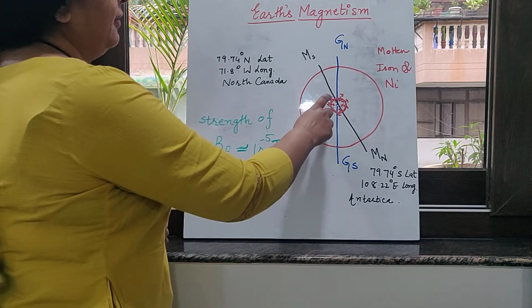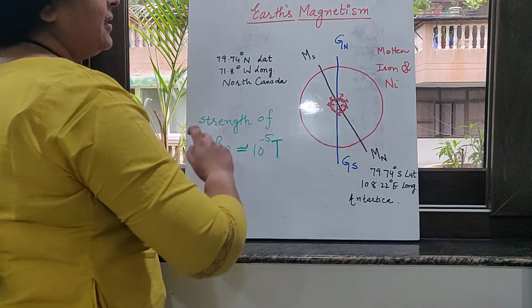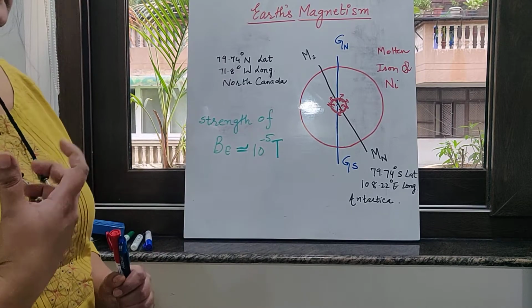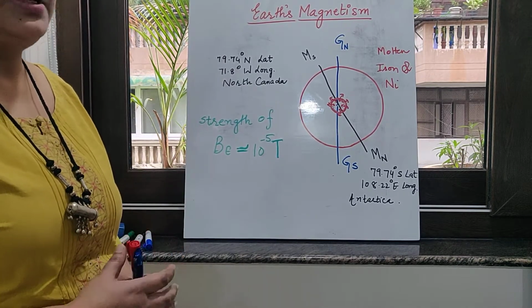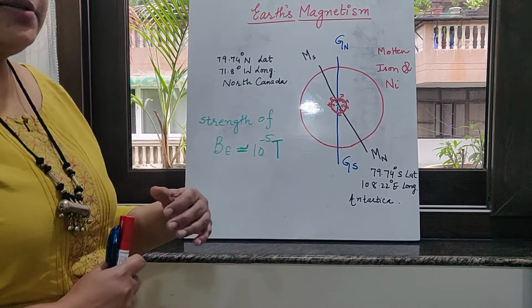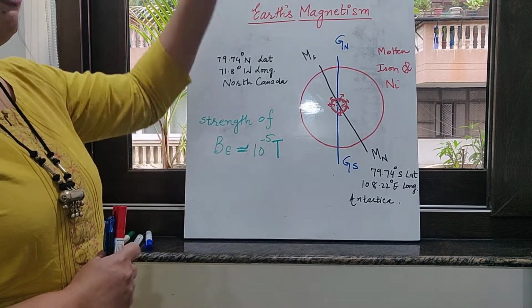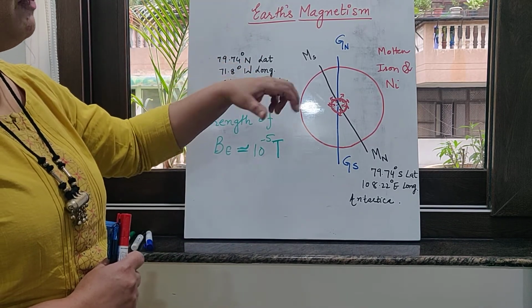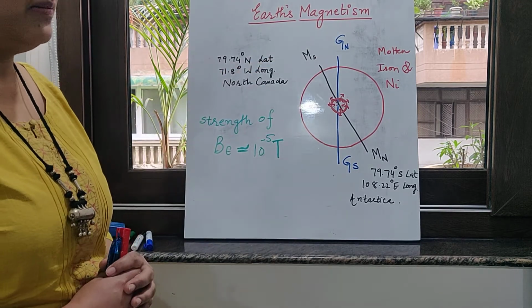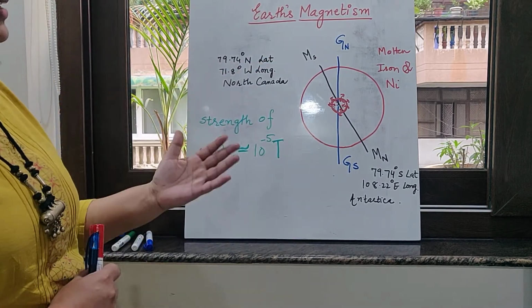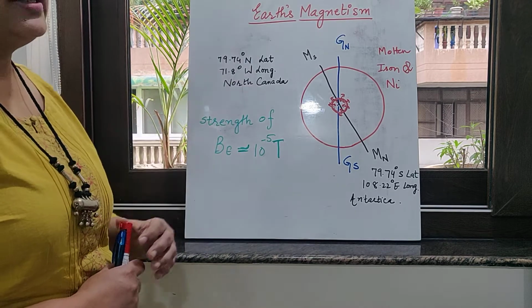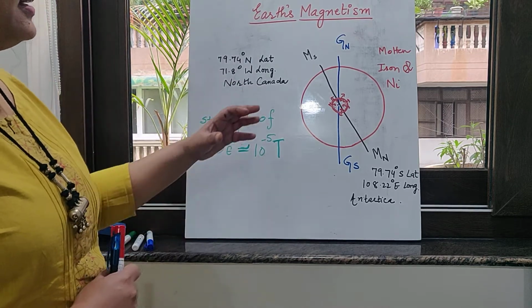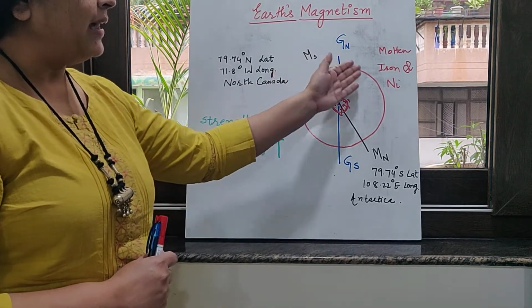Now we know that there is a magnetism property or magnetic property shown by the Earth, and that is why if there is a freely suspended magnet, it always tries to align itself in the geographic north and south direction. Now today we will understand what is the cause of Earth's magnetism, and for this we all know that Earth